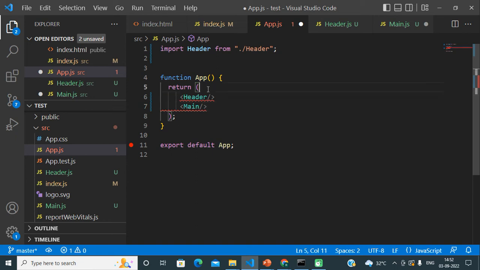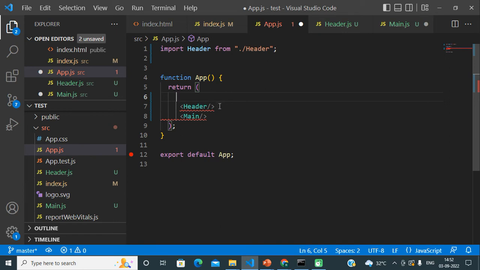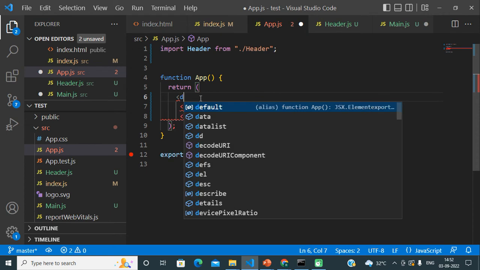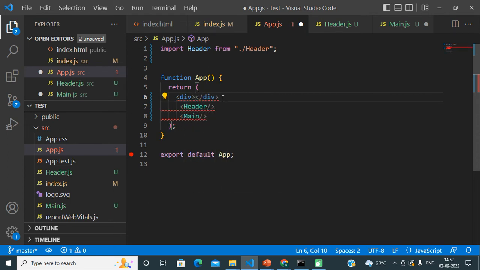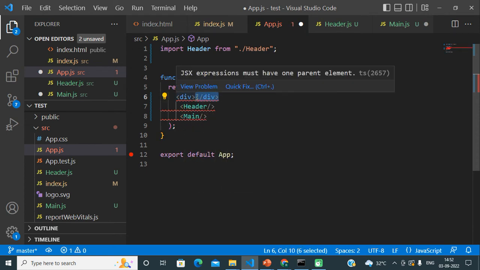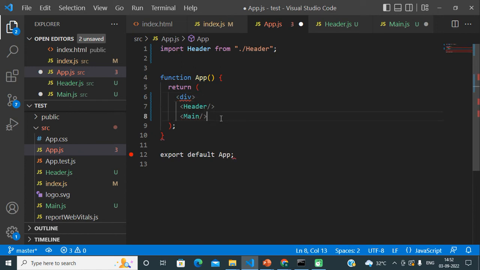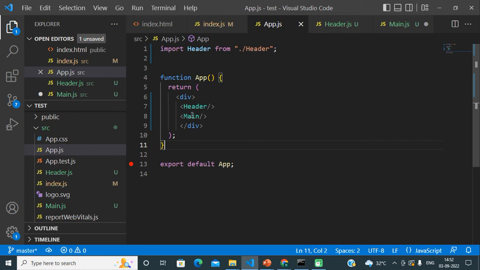But here I am trying to render two adjacent elements, that's why it is not allowing me. So to clear this error, I need to wrap these two components under one div element, and you can see now that the error is gone.